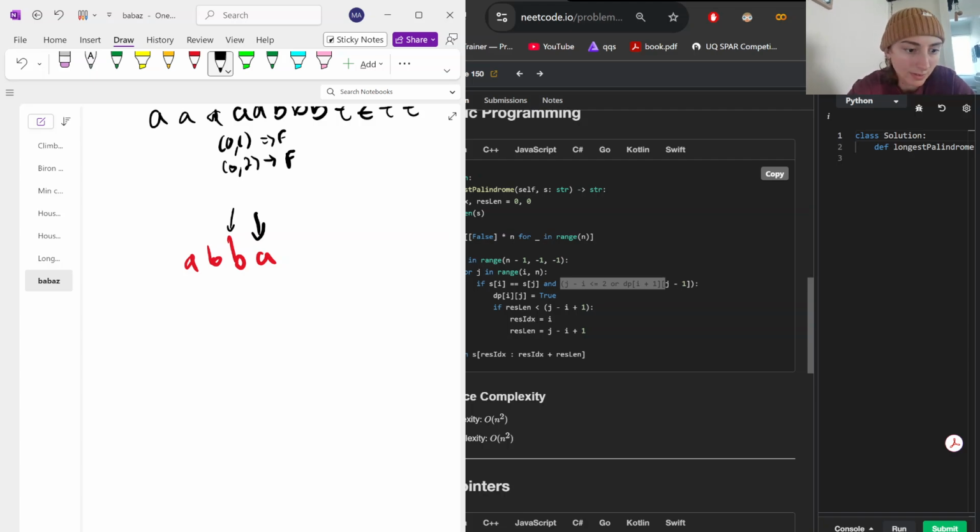We go here. That's not a palindrome. We go here. Well, this wasn't a palindrome, and these don't equal each other. Wait, this wasn't a palindrome. No, we actually are not doing that. We're going here. Okay, so this is our I pointer, and this is our J pointer on the bottom. So we're saying, okay,